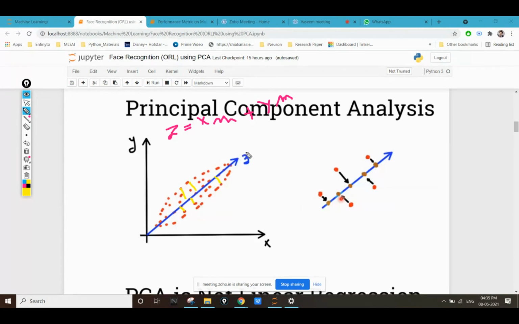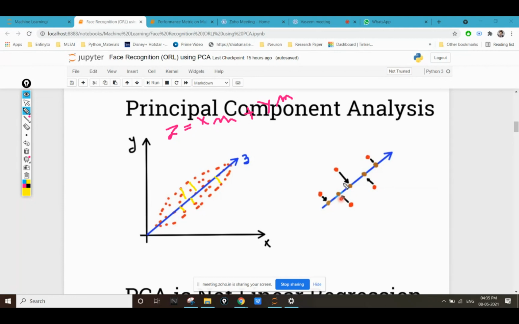The Z axis won't be able to have both the projections from the X and Y direction. It will have only one of the projections, either from the Y direction or from the X direction. So these are my red points, which were my actual points, and these ground points are my projection points when I have drawn perpendiculars to the z-axis.